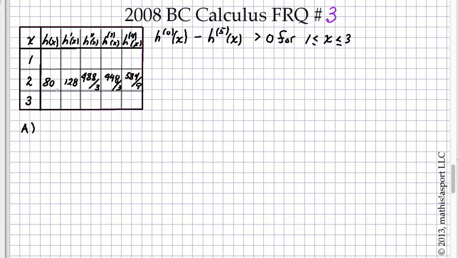And so we're going to call the first degree approximation P1 of x. It equals the value of the function at 2 plus the first derivative of the function at 2 times the distance away from 2. And so in this case, what we have, given, is 80 plus 128